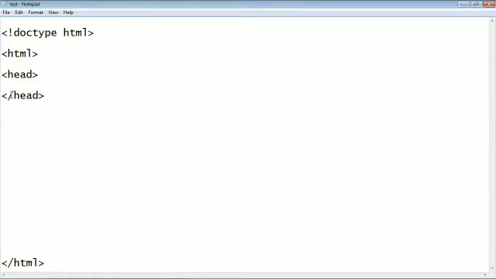In between the head tag, we need to write the title tag. This tag is used to give the name of the document. As usual, whatever application you are using, you mention the name of the document. Same, this section is used for the name of the document.